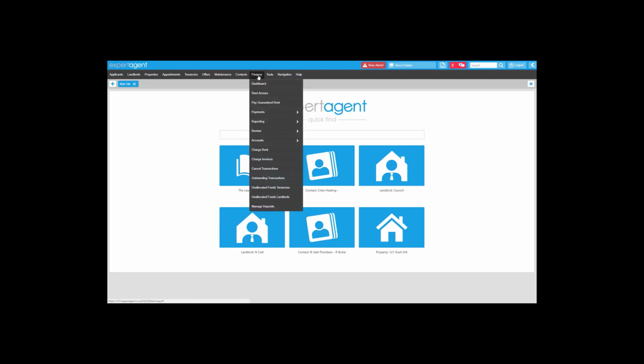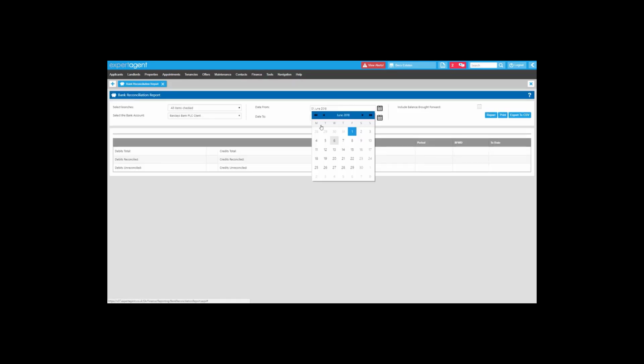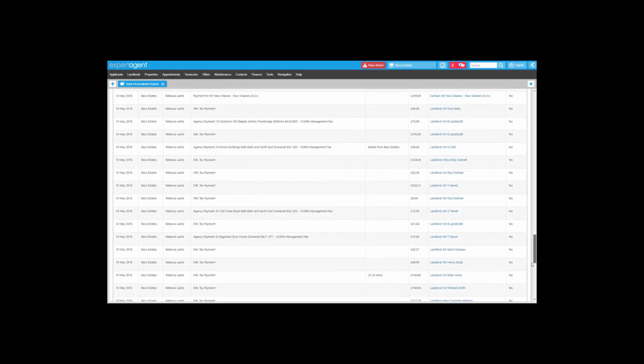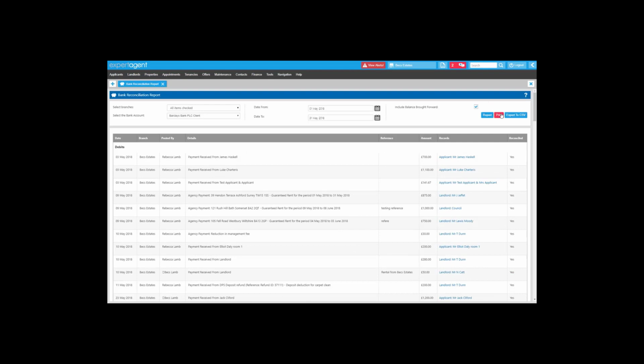From your top finance menu, you've got reporting and bank reconciliation. We're going to enter our month date range. Click to include balance brought forward and report. This will show us all our transactions for the period. Hopefully everything's been reconciled, with our totals at the bottom, including any unreconciled balance there. We're going to either print or export to CSV and run that report off to be held alongside our bank